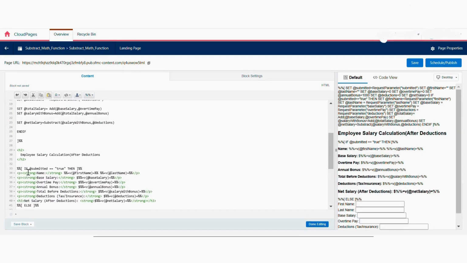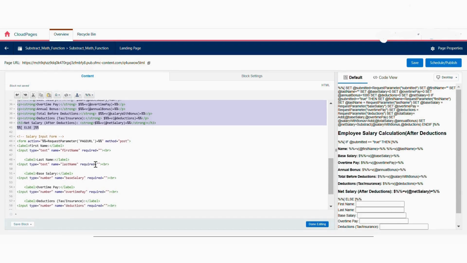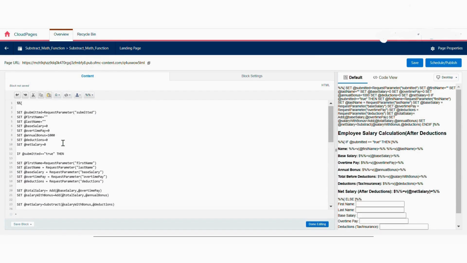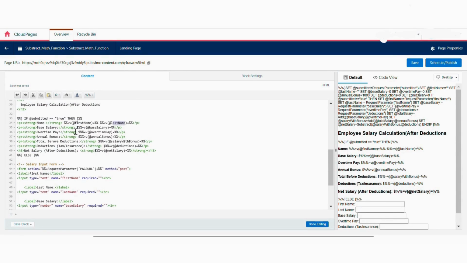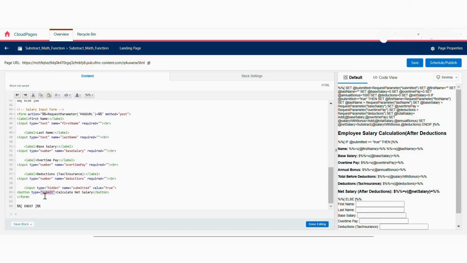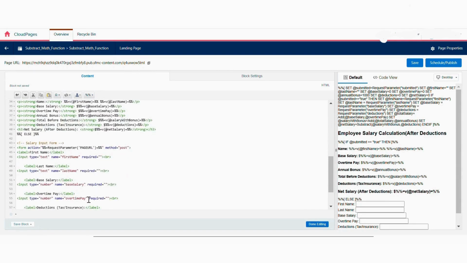So now, displaying the net salary on cloud pages by using the HTML form. Before submission, this will show how the cloud page looks when a user enters their details. First we have created the form, which is similar to the form from the previous videos, where we use the add functions for the calculation of net salary. This is similar to that code.